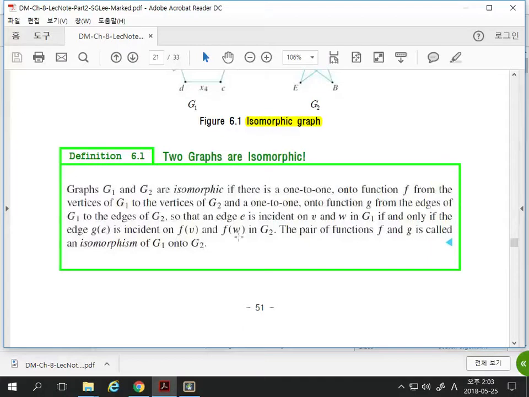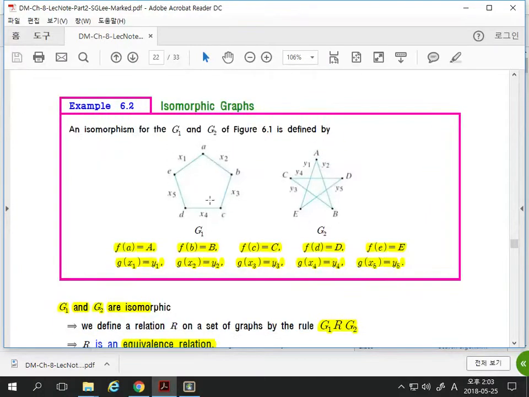무슨 말인지 이해되겠어요? Do you understand? For these two graphs, for example, if we define a function f and g, one-to-one and onto functions, that send little a to capital A, little b to capital B, little c to capital C, little d to capital D, and edges x1 to y1, x2 to y2, and x3 to y3, dot, dot, dot. As you see here, this f and g are one-to-one and onto functions, okay, bijective functions, and